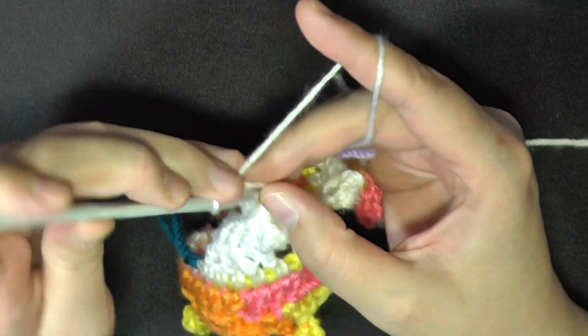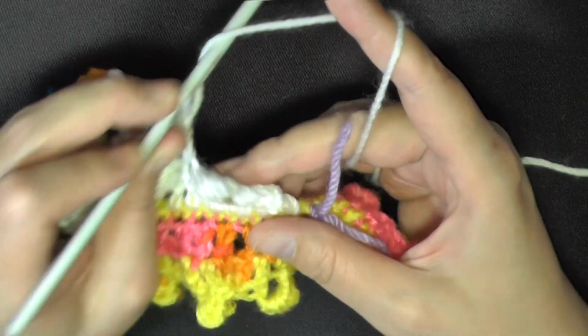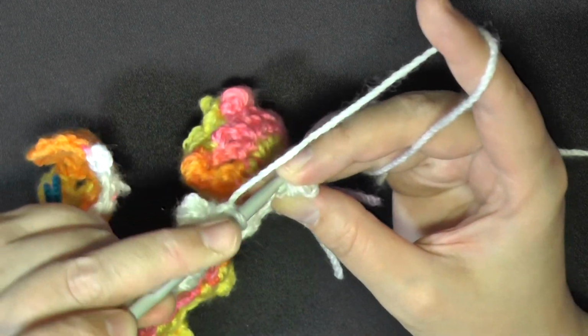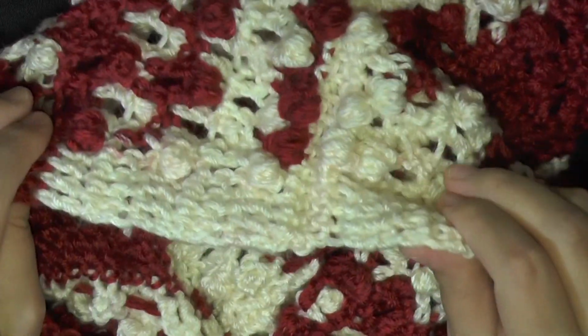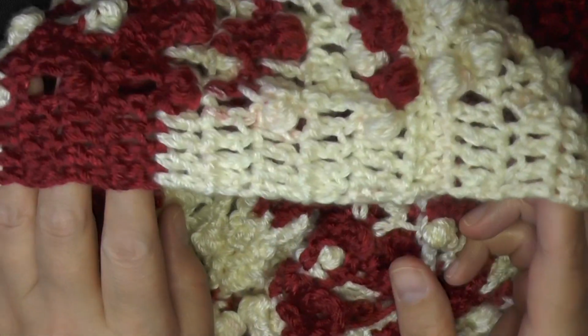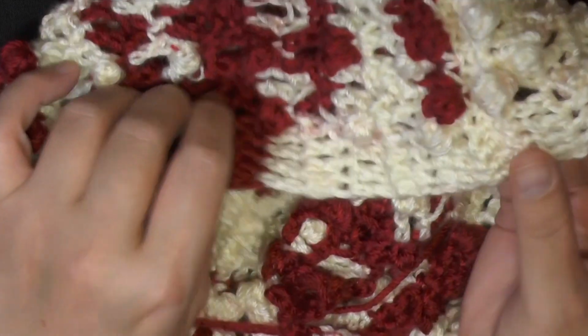So basically you're just going to be going back and forth, doing the same thing, just making sure that you have at least 3 or 4 stitches on the end, because you do want to leave yourself some kind of border. If it's not exactly 4, because you're doing it another size or something, then that's fine. But like I'm showing you here, this little border on the end. And then on this border you can add flowers if you want,